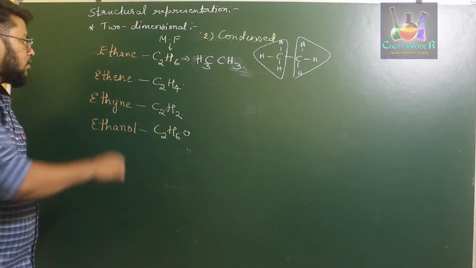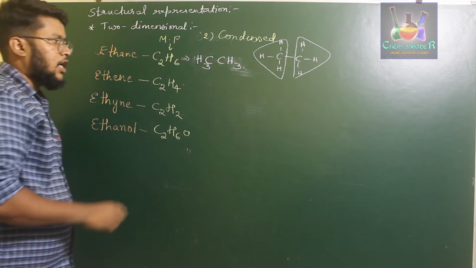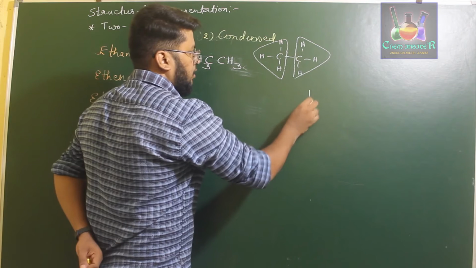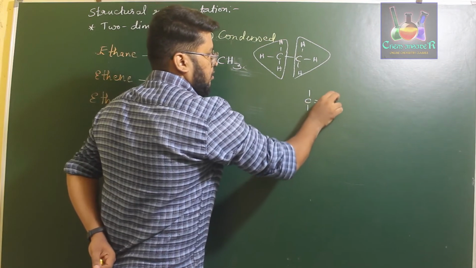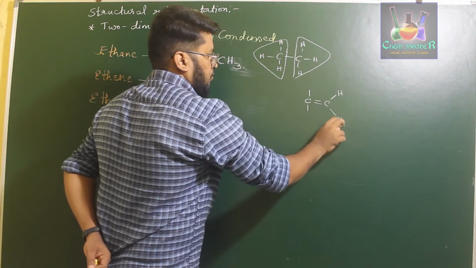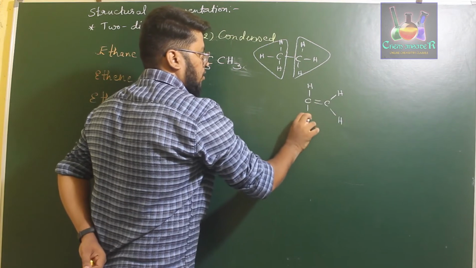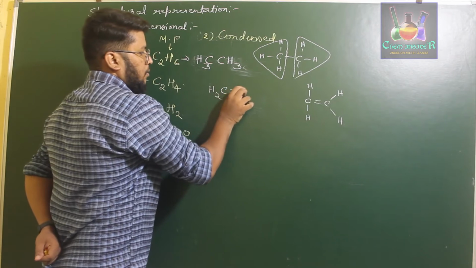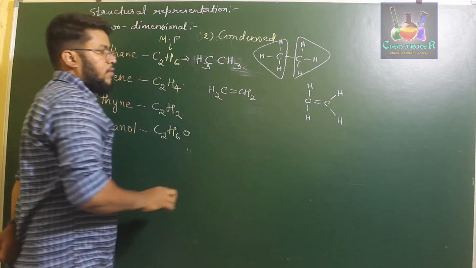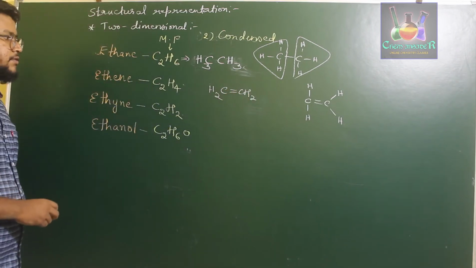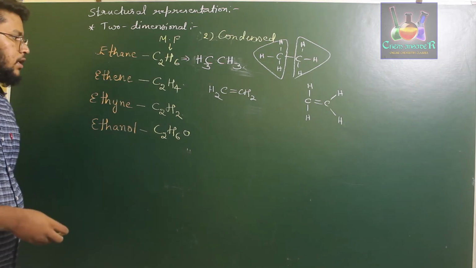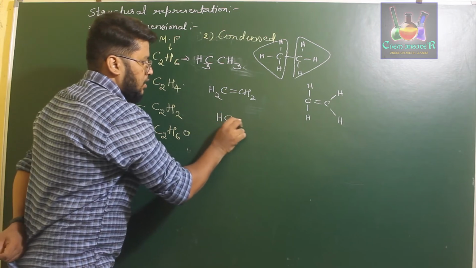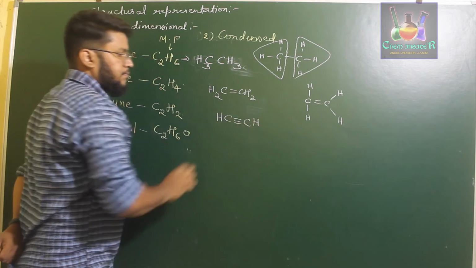Now, if you consider the ethene molecule, it has a carbon-carbon double bond, right? Which you already write in the complete form for a C2H4 molecule. So here you can write it as CH2 double bond CH2. So this is well and good as a condensed representation for the ethene molecule. Next, similarly for the ethyne molecule, it can be represented as CH triple bond CH.